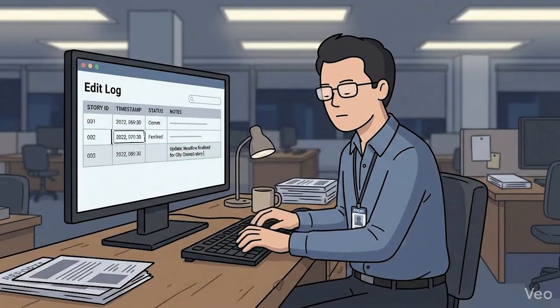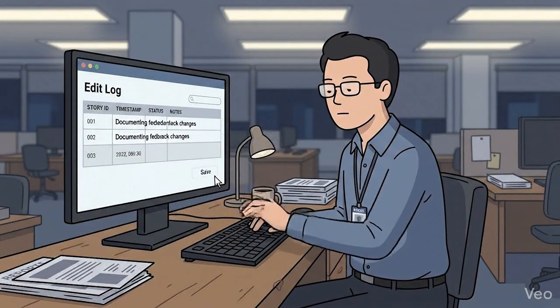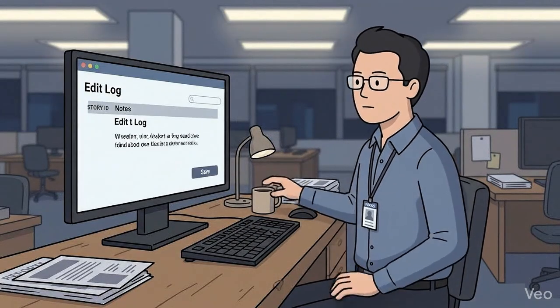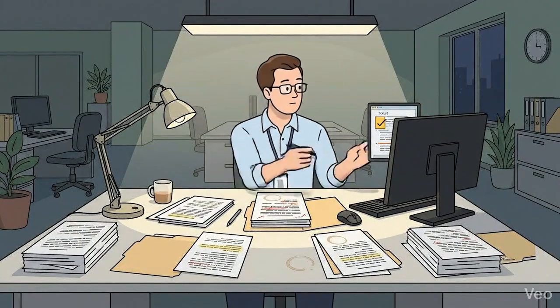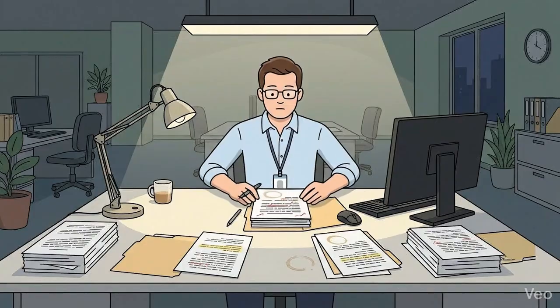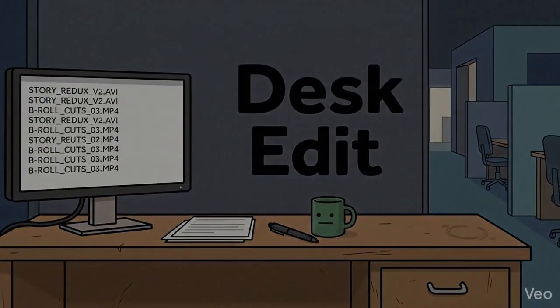By updating the edit log, you ensure that all changes are documented, providing a complete record for future reference. A final check confirms that all scripts are properly edited and prepared for the upcoming studio check and broadcast routine. You enter the desk edit phase, where each script is carefully reviewed and edited at your desk before the studio